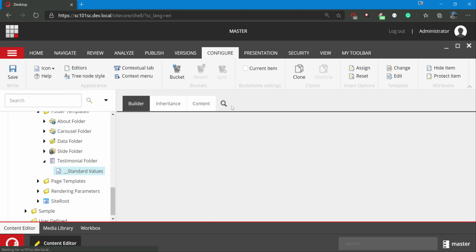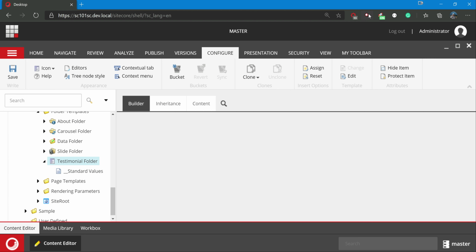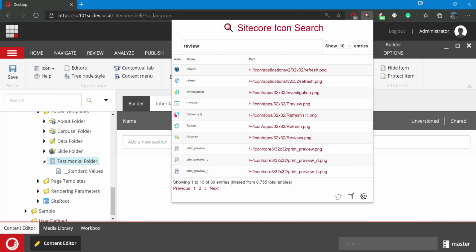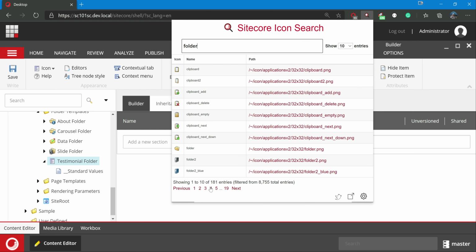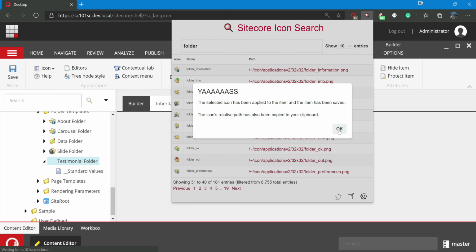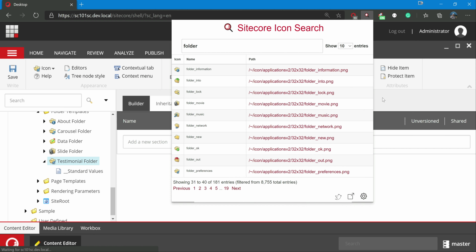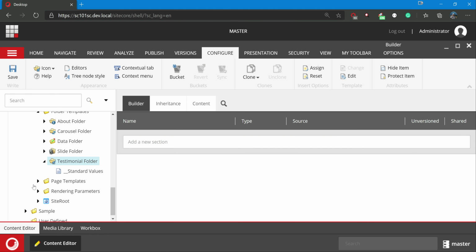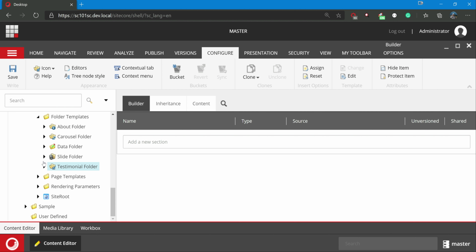And I'm using the Sitecore icon extension, and I'm going to assign some folder icon just for now. Yeah, let me add this. As my icon level everything is enabled, it automatically applies.